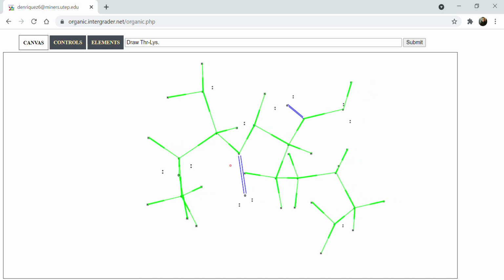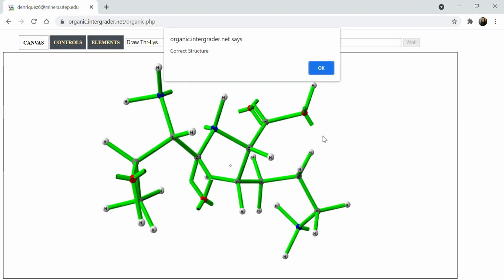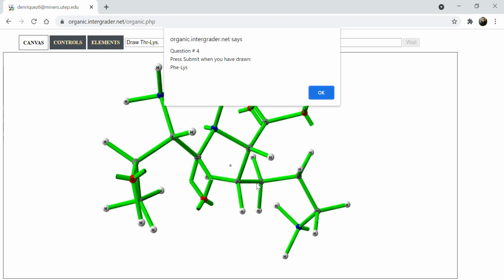If you put the wrong one, like if you were to put lys first and then threonine, then it would definitely be wrong. And then you could always go back and check your chiral centers. Yeah, it's always good to check your chiral centers. I noticed that if I get the right chiral centers in the beginning, most of the time it works out that they remain. Okay, so it's gonna want me to draw phenylalanine,